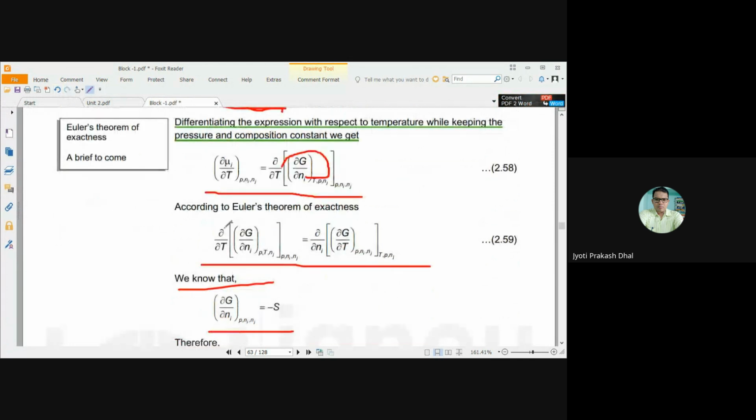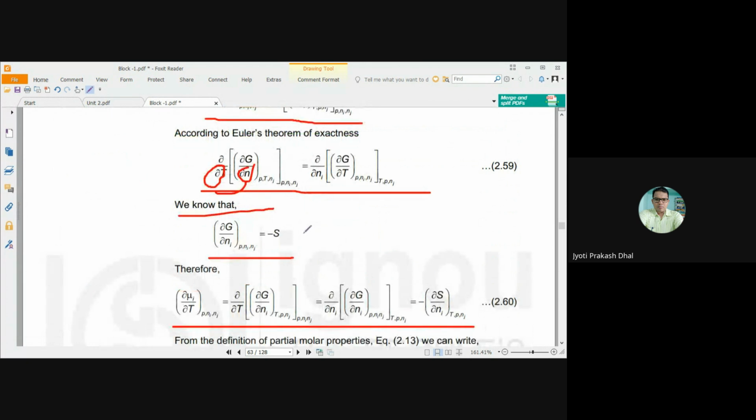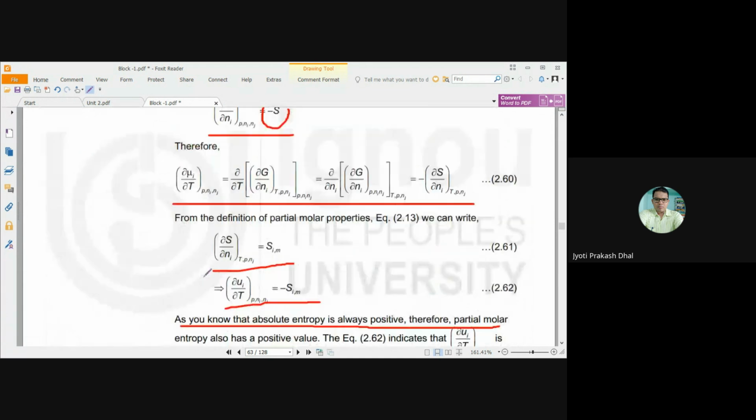According to Euler's theorem, we can write ∂/∂T (∂G/∂Ni) equals ∂/∂Ni (∂G/∂T), that means only exchange will be there. According to Euler's theorem, here ∂T and ∂Ni will exchange with one another. So after exchanging, we know that ∂G/∂T is nothing but minus S. So therefore, this term ∂μi/∂T at constant pressure and constant number of moles